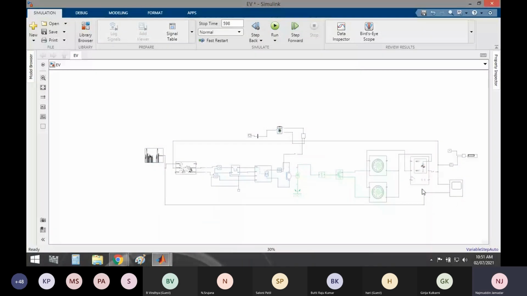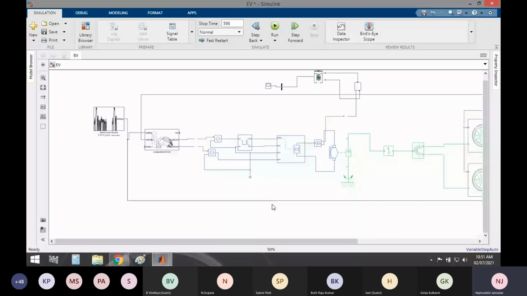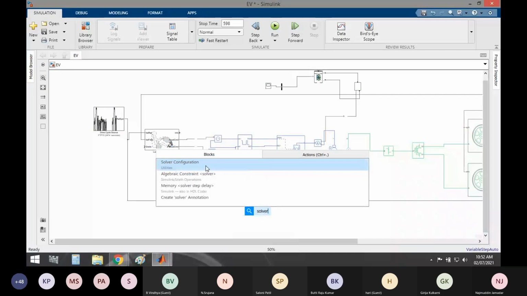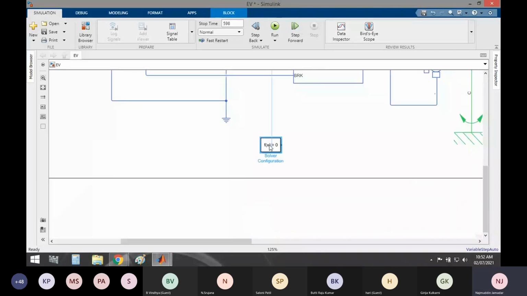This is a mathematical model, so we require one solver procedure so that it can solve the entire library and produce a result. So I will just take the solver configuration. This is f(x). Okay, so this is the solver configuration.